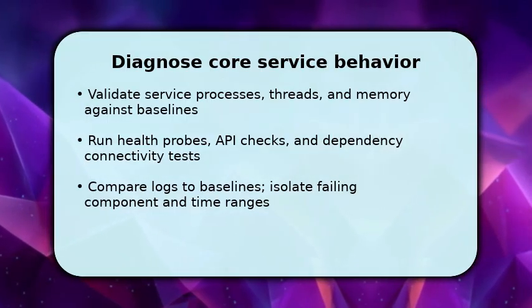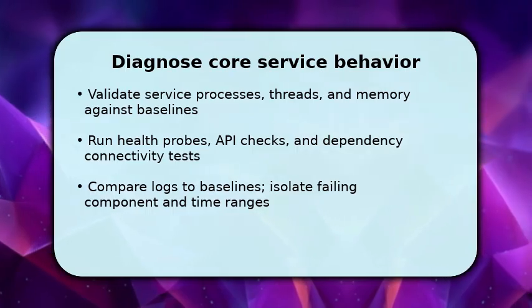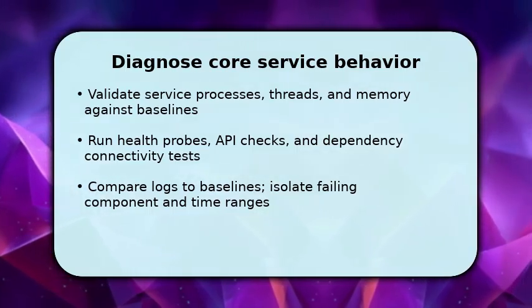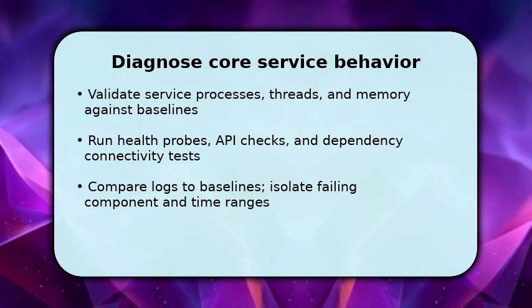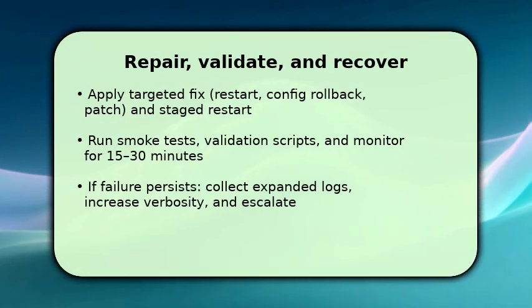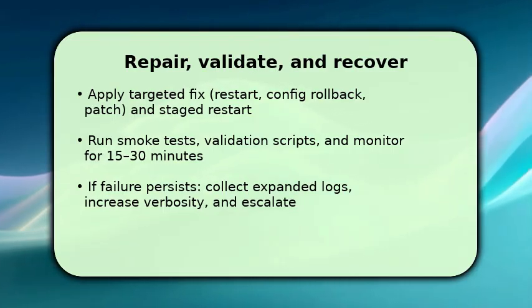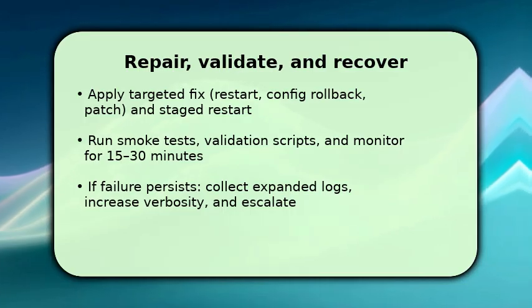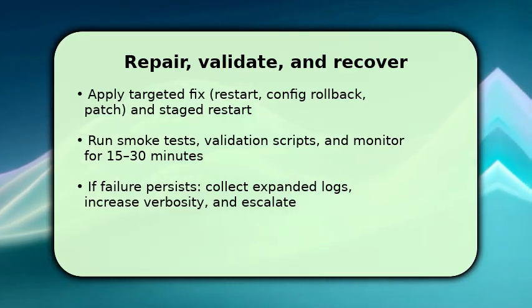If a dependency fails, replicate the request path to confirm causation before making changes, to finally apply the minimal targeted repair. A config rollback, a patch, or a staged restart of affected operator instances. Once applied, run smoke tests and validation scripts and monitor the service and related metrics for 15 to 30 minutes